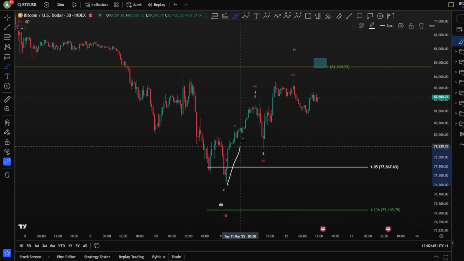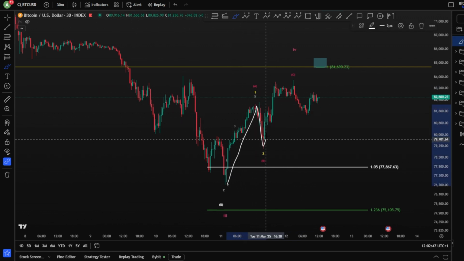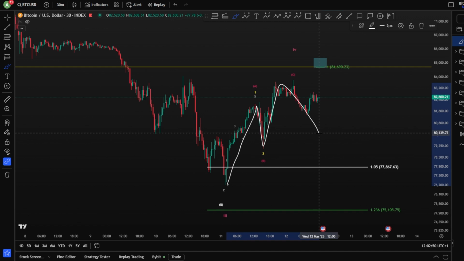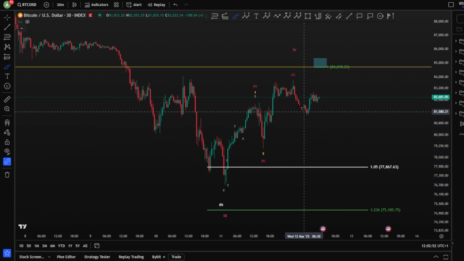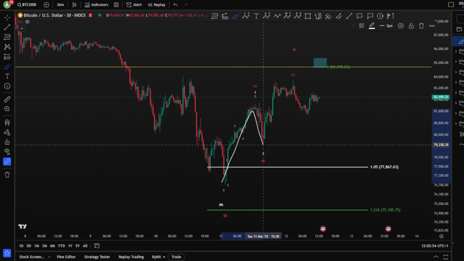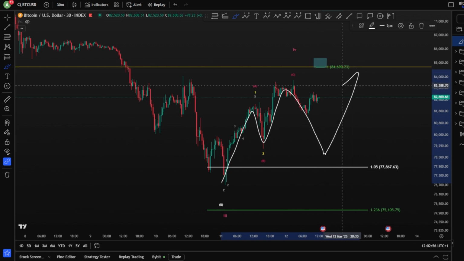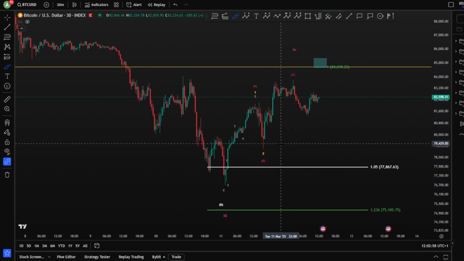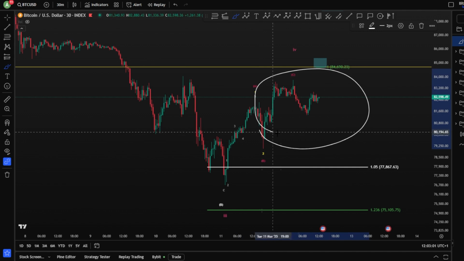In case we are here in 1, and then A, B, and a C as well, it can be a big wave 2, right? Even if it takes a low here, it can be a big A, B, C as an expanding flat, with continuation towards the upside. As you can see, a lot of scenarios, guys, here.